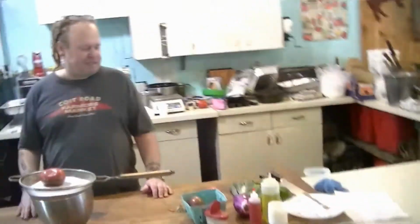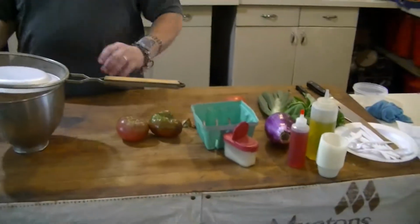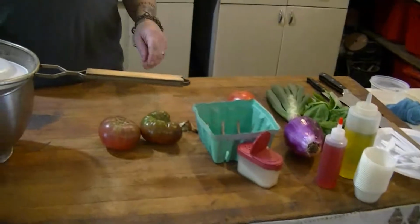It's one of those very simple techniques that chefs know, but most home cooks don't. So, you know, you get in tomato season, and all these beautiful heirloom tomatoes start to come in, and people want to make homemade salsa, or in this case...